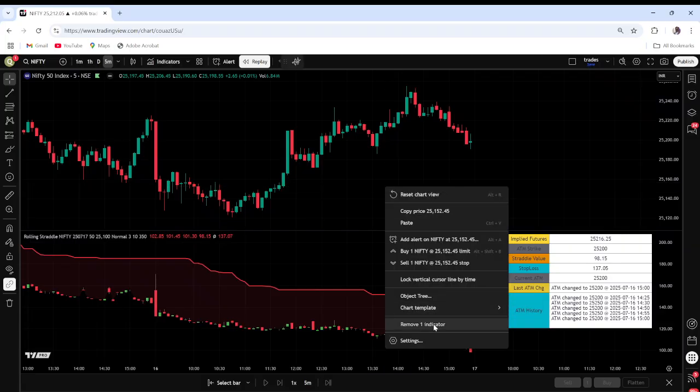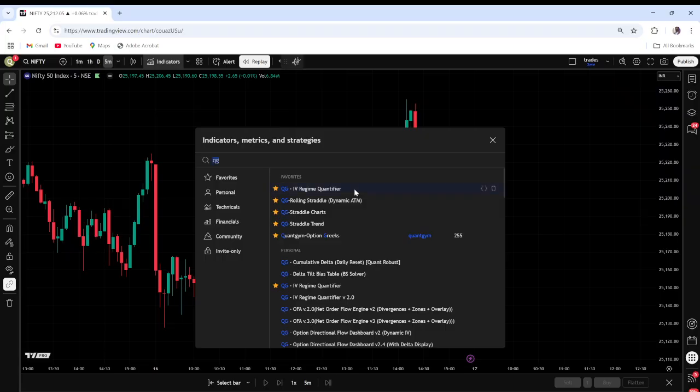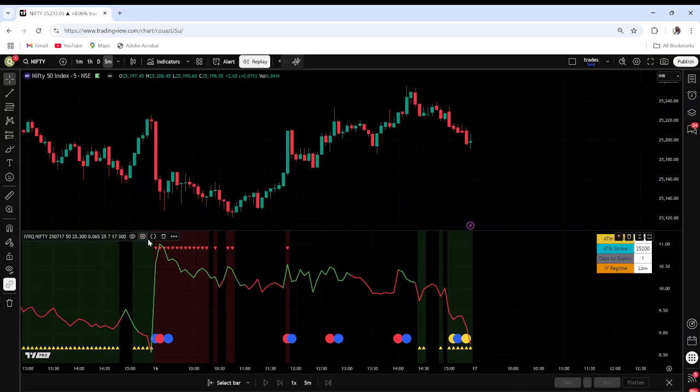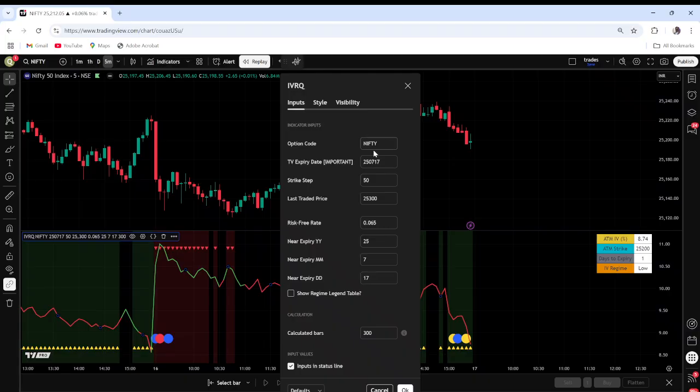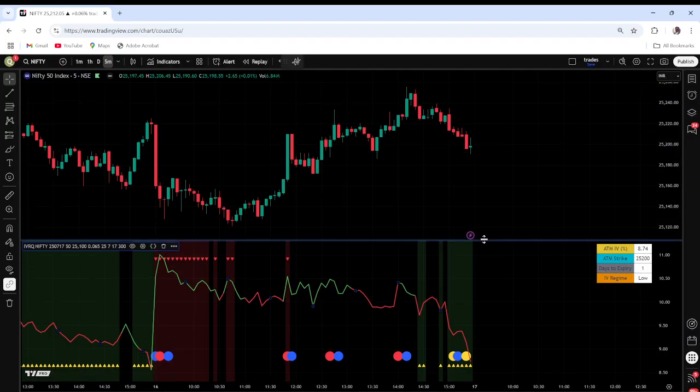Let us come to the last indicator, which is the regime quantifier. Here also it will ask you for a last traded price. No, it won't. The settings out here are script code, expiry date 25/07/17, strike step is 50, last traded price, let's say it's 200, risk free. Okay, then let me show this to you. 25/100, 25/7/17, calculated bar 300. Fine. Now if I press on replay,